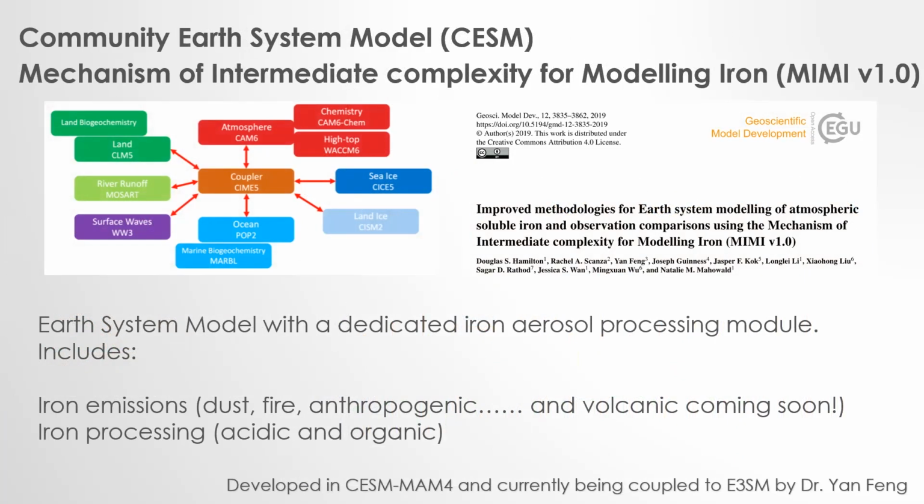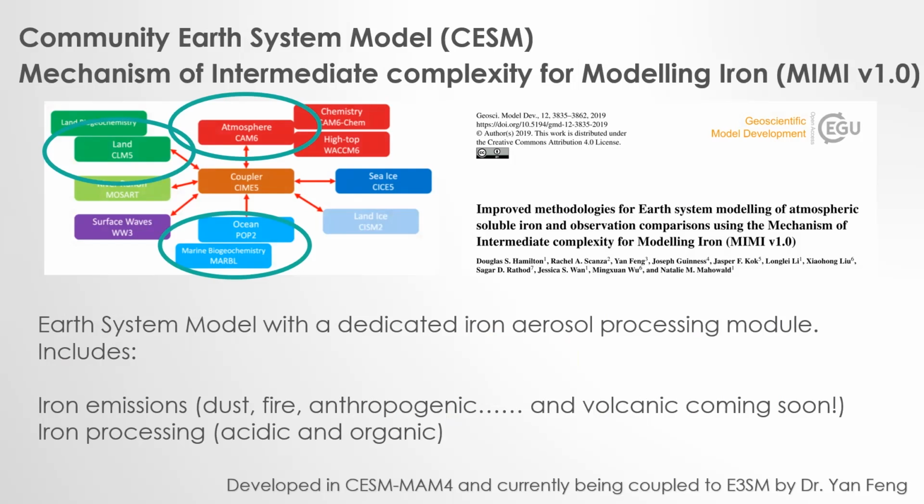Just briefly, it contains sources of dust, fire, and anthropogenic iron. We're actually adding a volcanic aerosol source at the moment. And critically, it also contains iron processing within the atmosphere. So that's the chemistry, undergoing acidic or organic chemistry, which increases the lability of the iron during transport. And in that way, this iron aerosol module is coupling these different parts of the Earth system model, so the atmosphere, the land, and the ocean,